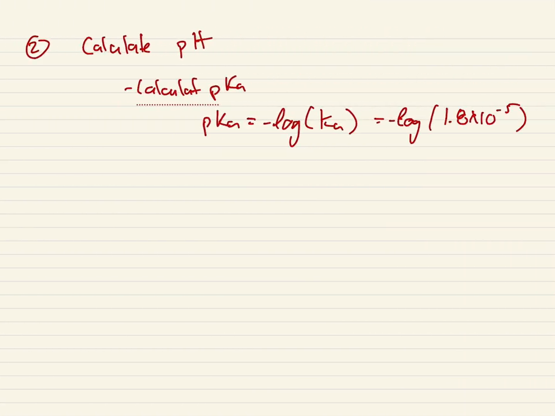I feel like we already did this exact buffer system, so I should know what it is. That is 4.74. Then we find the pH using the concentrations that we just had. Right, so the pH is equal to 4.74